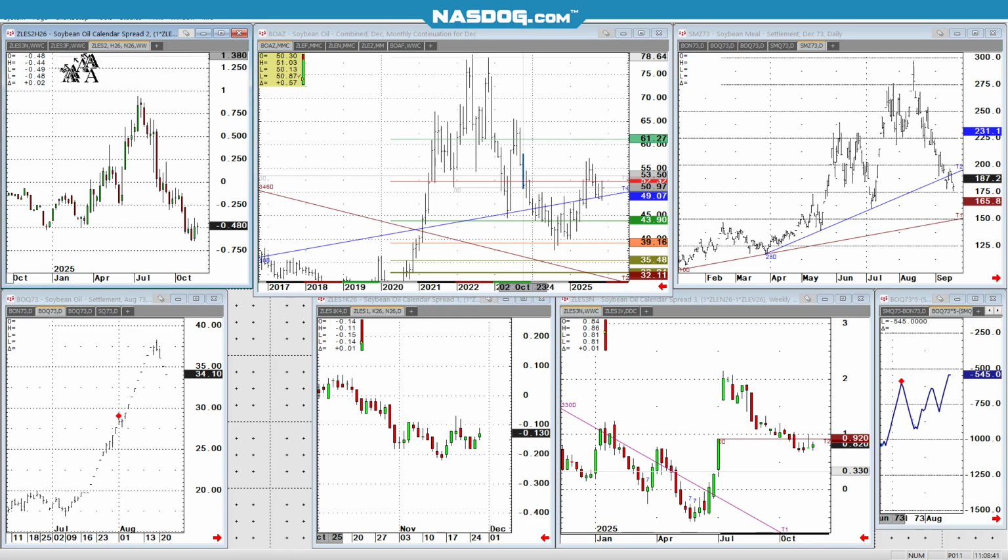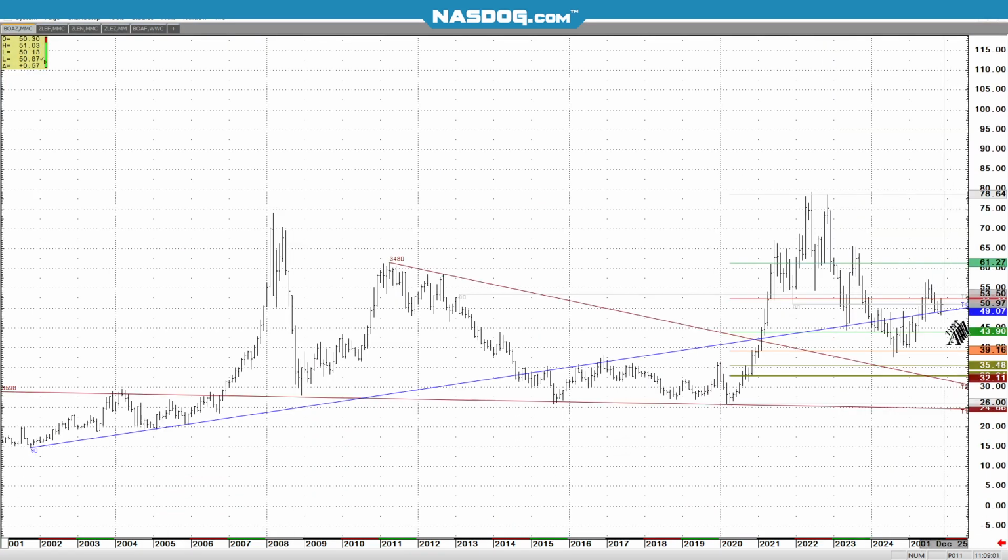Anyway, here I'm just looking at some bean oil spreads. This is actually March 26, July 26, minus 48. So this is a bean oil chart here, and we can see this long-term trend line. Let's go take a stroll in here. We're just looking at the charts. Oh, okay, look at that.